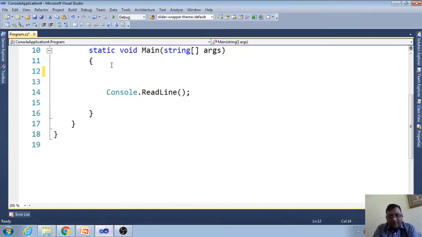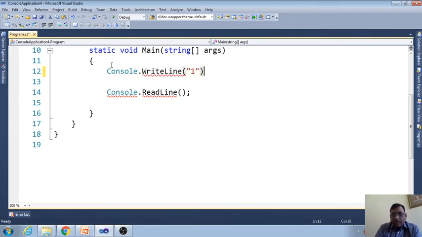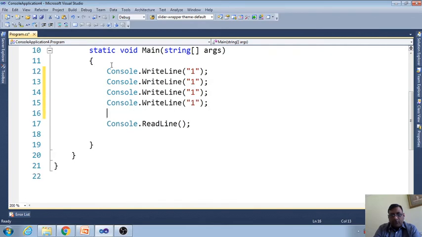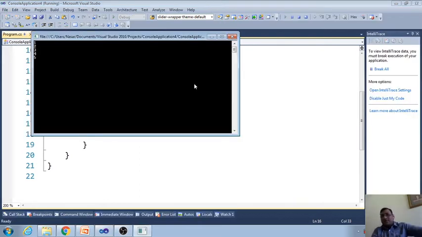Generally, based on what you studied, you will do like this: Console.WriteLine, you will print 1, and like this you will print 2, 3, 4, 5. This is the 2, this is the 3, this is the 4, and this is the 5. Like this you will do because you did not study the loop.